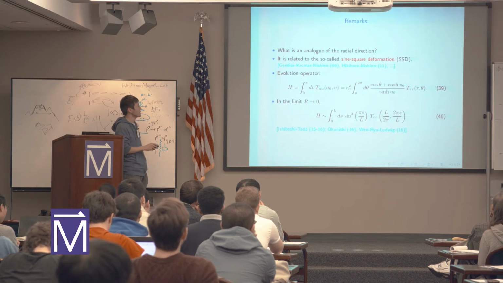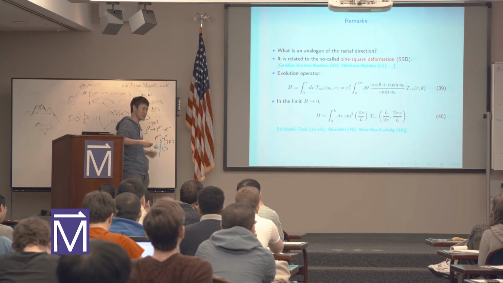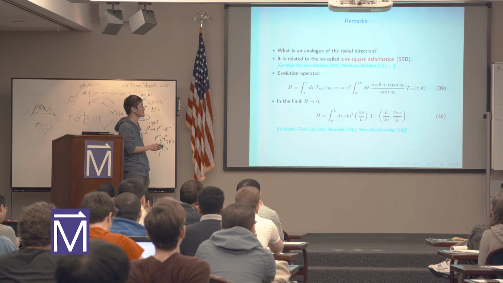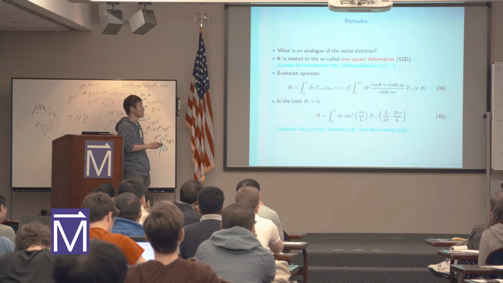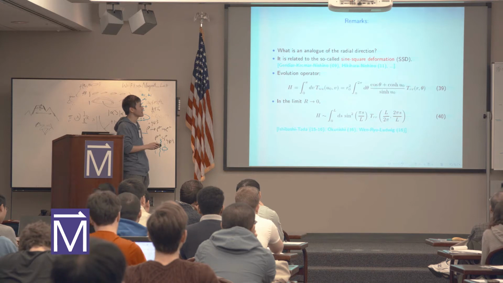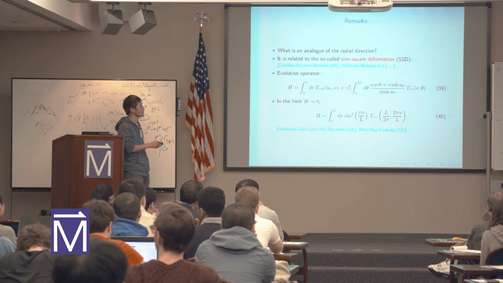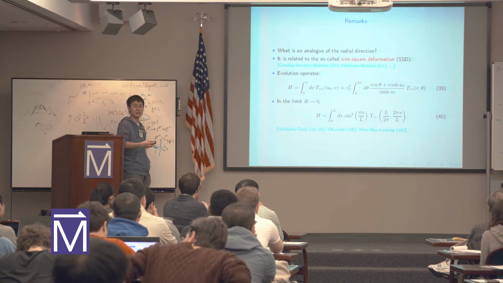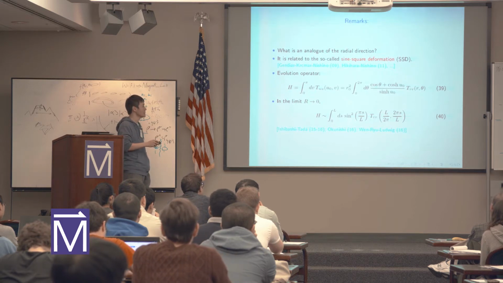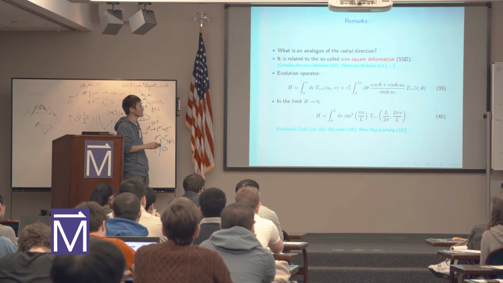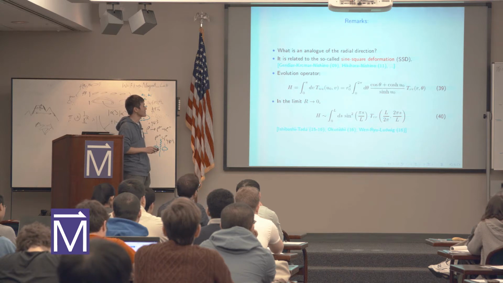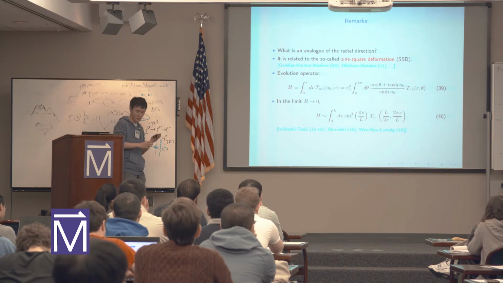So the spatial direction is now compact, so we call it theta. In this case, the evolution operator is given in terms of the original Hamiltonian density. So if there's no factor here, it's just the ordinary Hamiltonian for the finite circle, but it is now modulated by this factor cosine theta. These are constants. Okay. So this Hamiltonian has been discussed in the context of